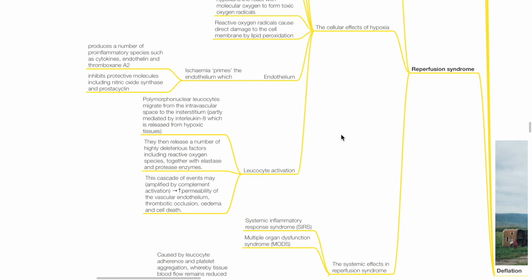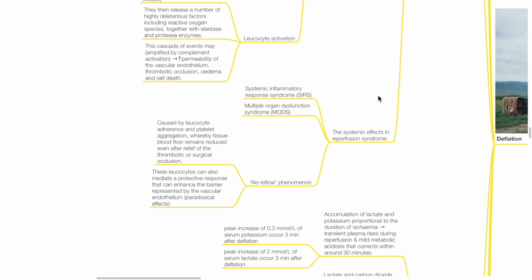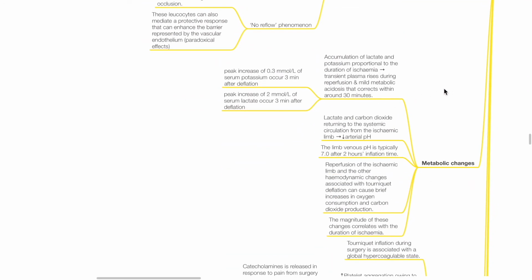occlusion, and cell death. Systemic effects of the reperfusion syndrome include systemic inflammatory response syndrome, multi-organ failure, and the no-reflow phenomenon, which is caused by leukocyte adherence and platelet aggregation, whereby tissue blood flow remains reduced even after relief of the thrombotic or surgical occlusion. These leukocytes can also mediate a protective response that can enhance the barrier represented by the vascular endothelium, aka paradoxical effects. Metabolic changes. Accumulation of lactate and potassium proportional to the duration of ischemia results in transient plasma rises of